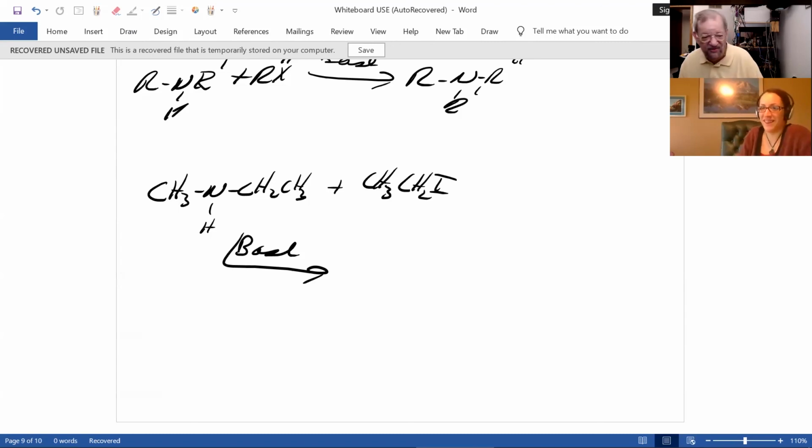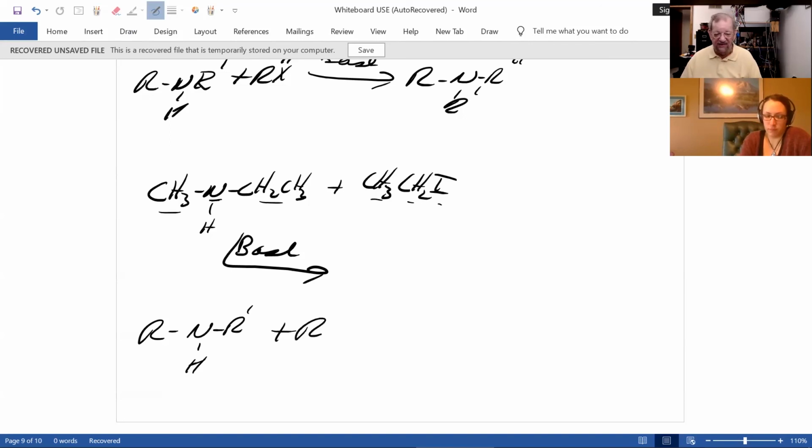All right, I think you're all done. Let's take a look at this. What do we have? Ooh, a nitrogen. Remember, look for what's not carbon, look for what's not hydrogen. I got a nitrogen with 1, 2 R groups, secondary amine. This molecule, carbon, ooh, halogen, alkyl halide. In the presence of base, it doesn't matter which side R prime and R double prime are, I'll get a tertiary amine.